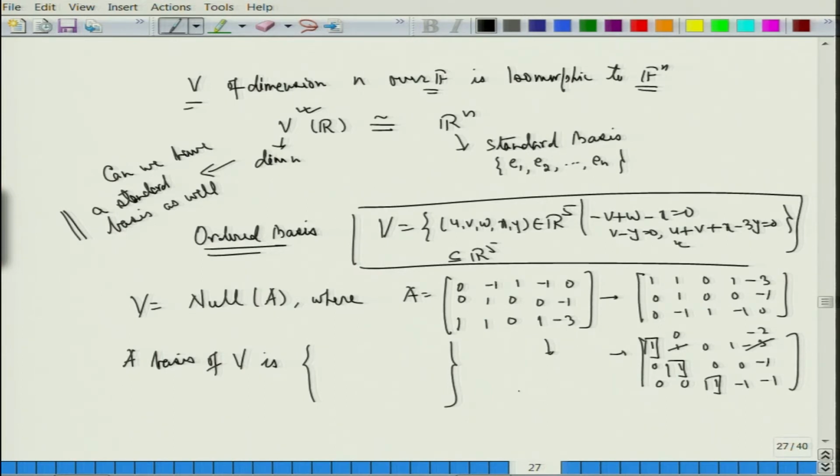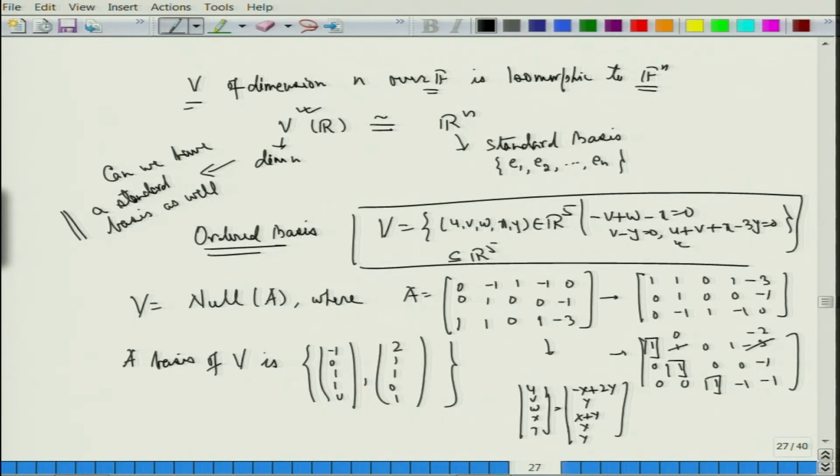So the solution is (u, v, w, x, y), which is the same as, look at this part, here it says minus x plus 2y, this part says it is y, this part says it is x plus y, then you have x and y here. So it gives you minus 1, 0, 1, 1, 0 and 2, 1, 1, 0, 1. This is the basis that I get. You can compute it yourself. Any element of V